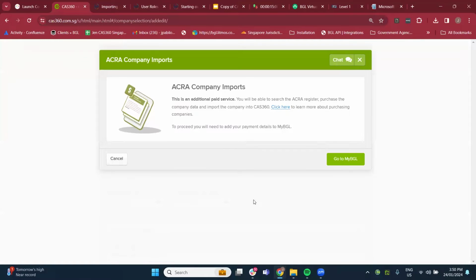So that's one option on automatically importing, purchasing, rather, the company data or company registration details of the company from ACRA into CAS 360. So you don't have to type in the information. Another option